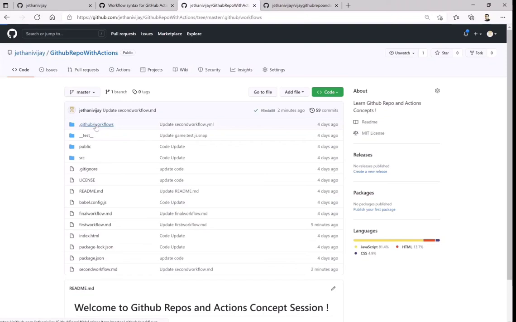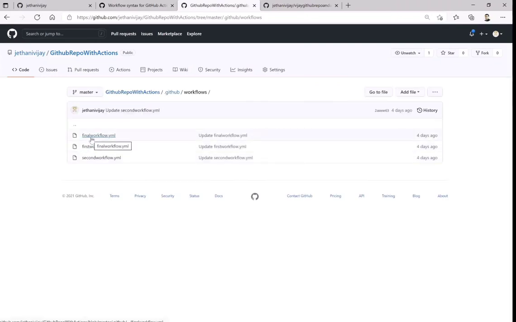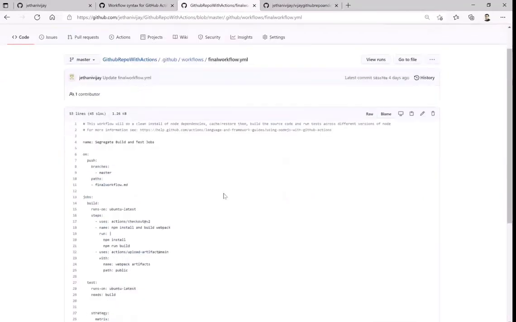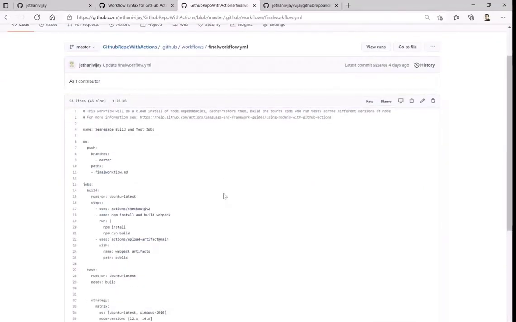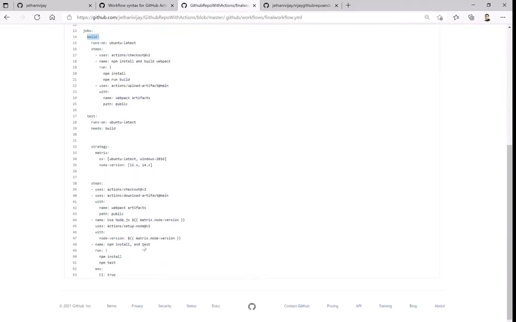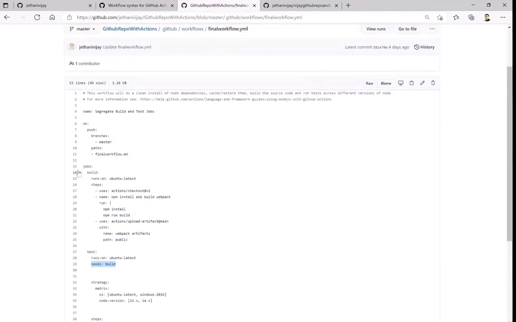Now let's run the final workflow, where I have made a small change: instead of running in parallel, I'm running them sequentially, because at times we are working in a production environment where we have dependencies on our first job to complete first, and then our second job should run. So, keeping that in mind, I have given the name build, and then another name test, and I have clearly written that I need build first, and whatever comes out of it, I need that.